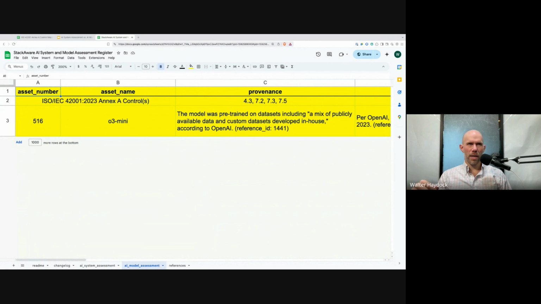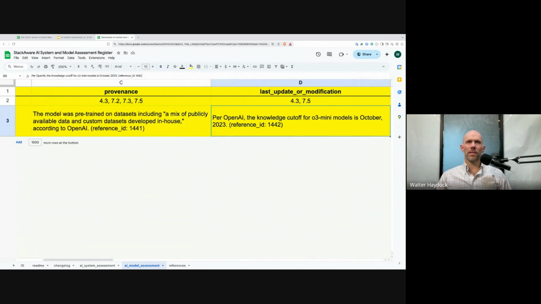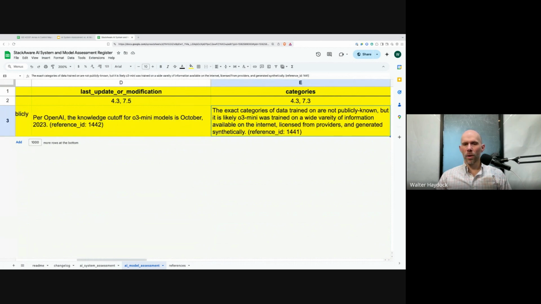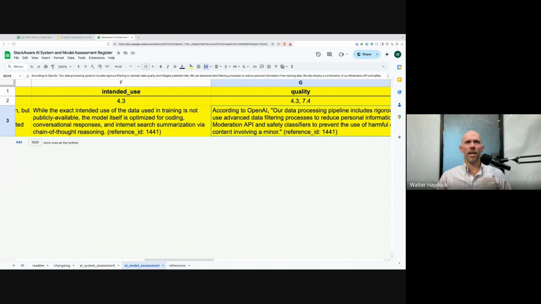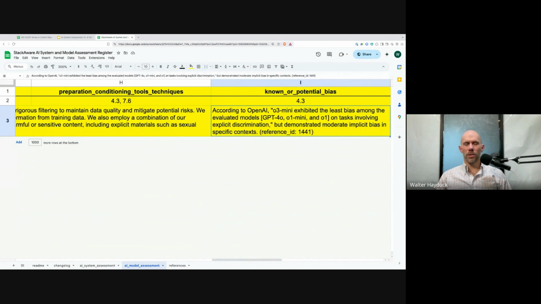In this case, we're looking at OpenAI's O3 Mini here. And we look at things like data provenance, date of update, categories of data, intended use of data, quality, known or potential bias. So these are all things that drive the analysis of risk for a given AI model, whereas